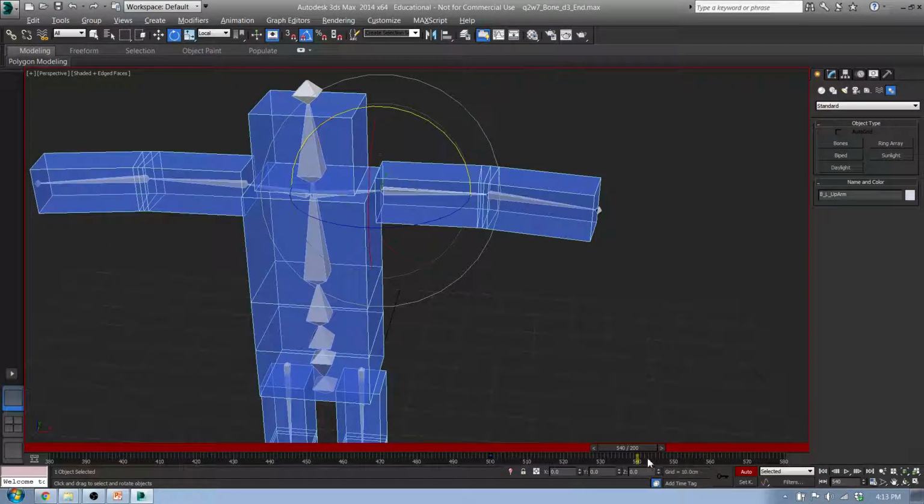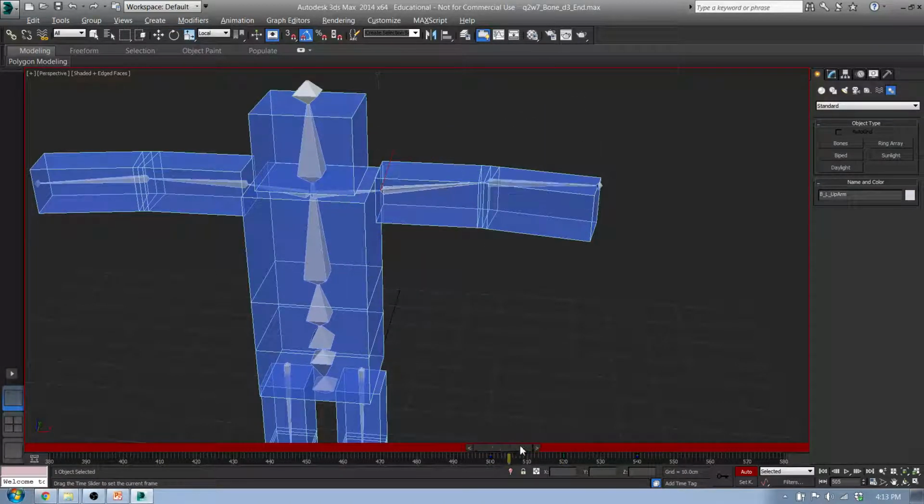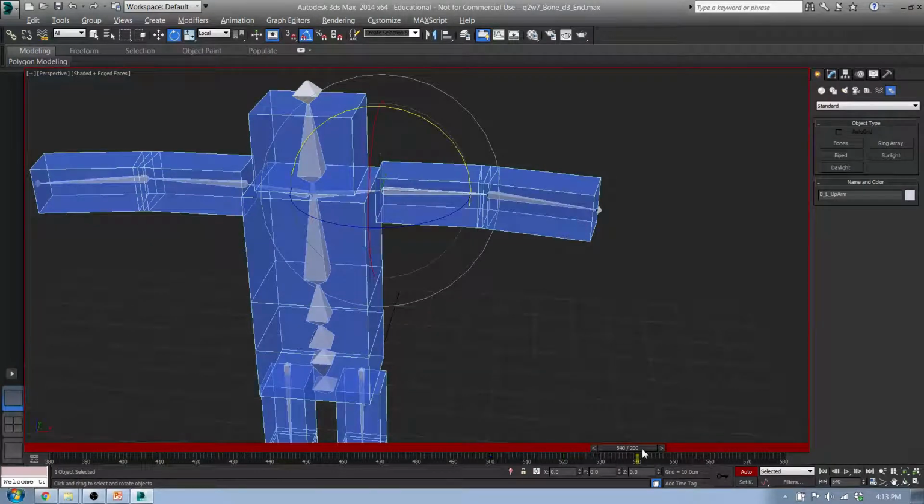did I move that in the wrong time? I did. It's supposed to be at 520. 520, I'm moving it up to about 40, 45 degrees. The clav does the rest of the work, so we'll only move that up about that far. Come back down to 540. Then